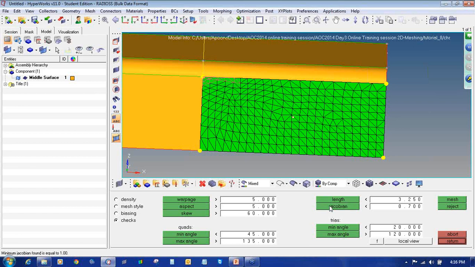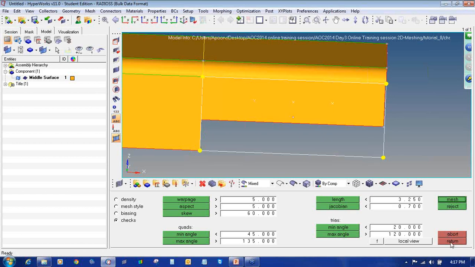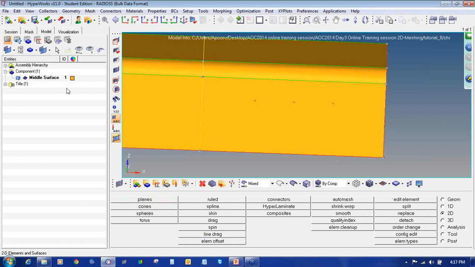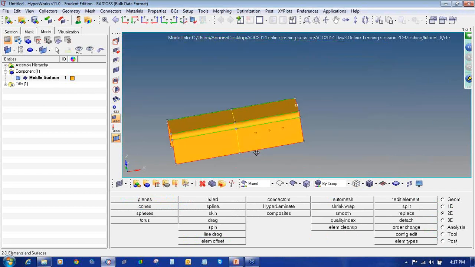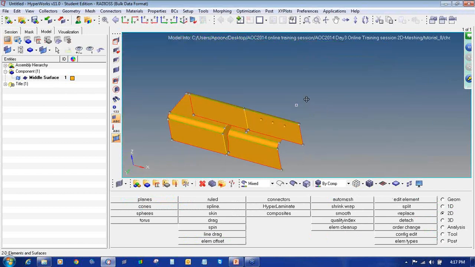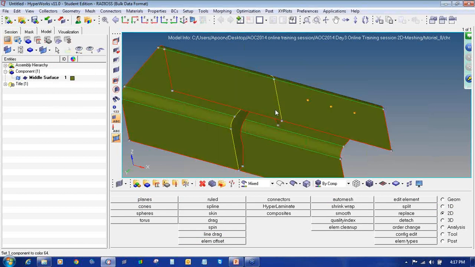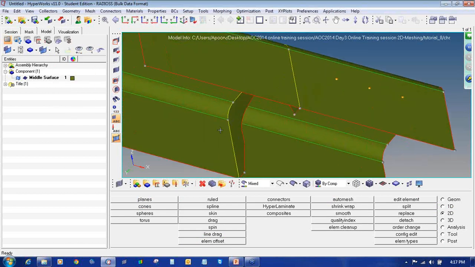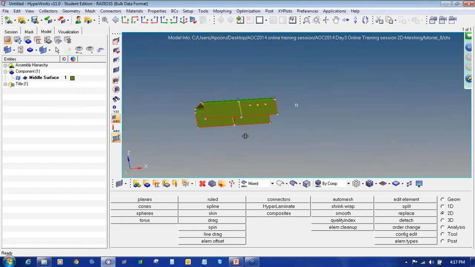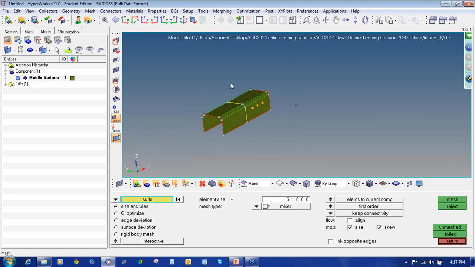These are the parameters you can directly select from these panels. So if I click return, I have clicked to reject. As you can see, the yellow color edge is showing here, which is perfectly okay because it's a T junction.